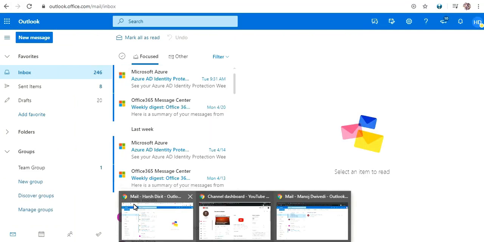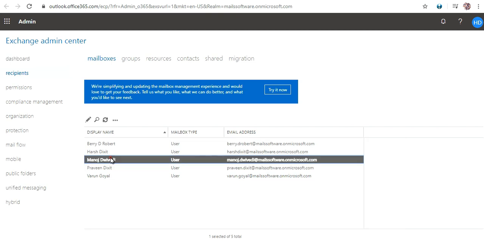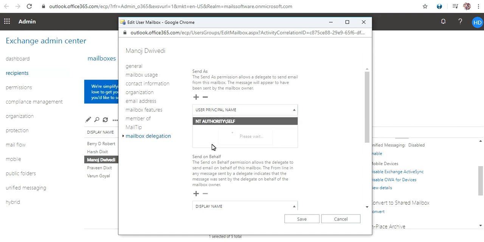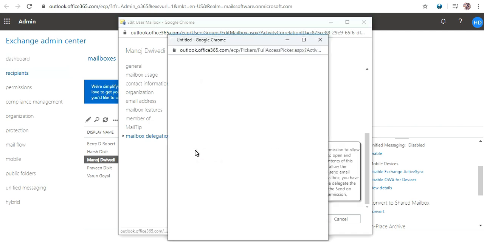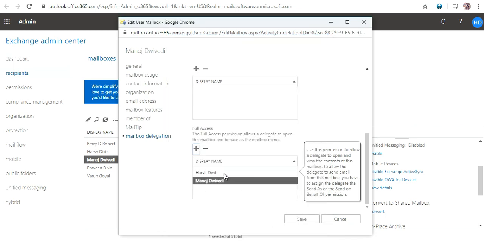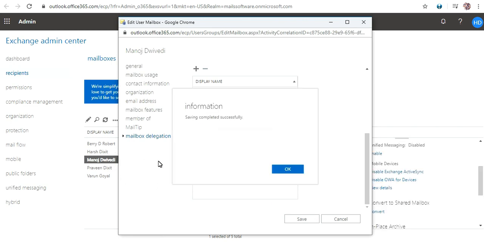Now the third option we can see in mailbox delegation is full access. The full access permission allows a delegate to open this mailbox on behalf of the mailbox owner. Now we will see how it actually works. I am adding Harsh Dixit here also, so Harsh Dixit can access the account of Manoj Dwivedi.